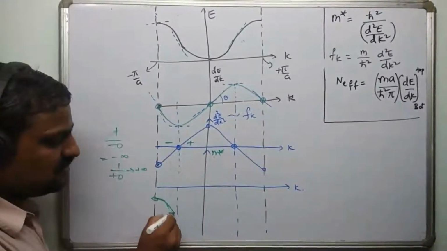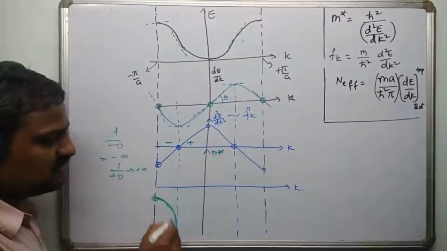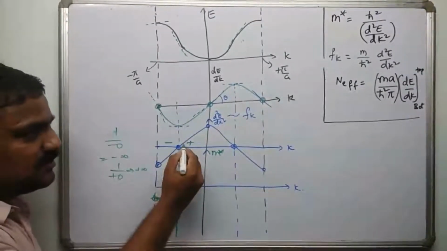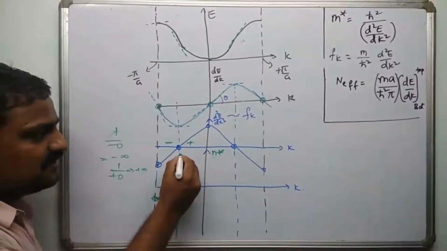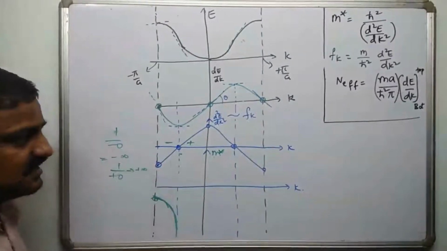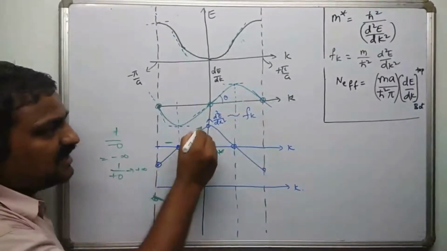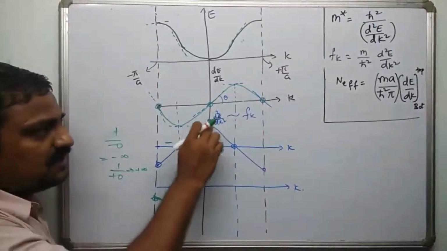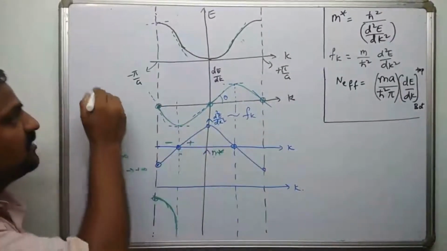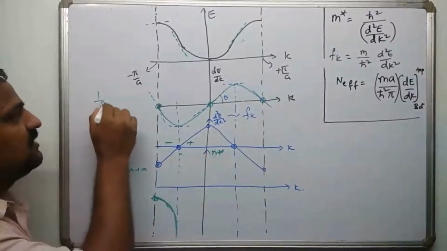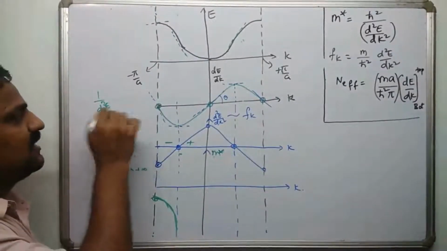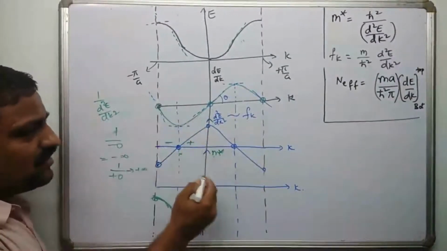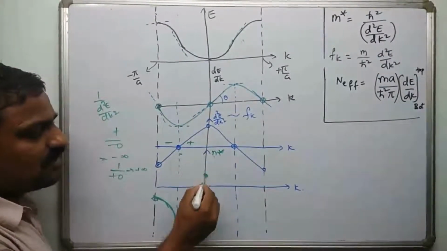So this goes something like this. The graph goes to minus infinity. Now just after that it is coming from plus infinity. So it is going to start somewhere here. I'll choose this as plus infinity. And see, this quantity keeps on increasing until this point. So when the magnitude of this increases, actually we are plotting 1 by d square u over dk square, right? So when d square u by dk square has a maximum here, its inverse is going to have a minimum, which is also a positive quantity somewhere here.